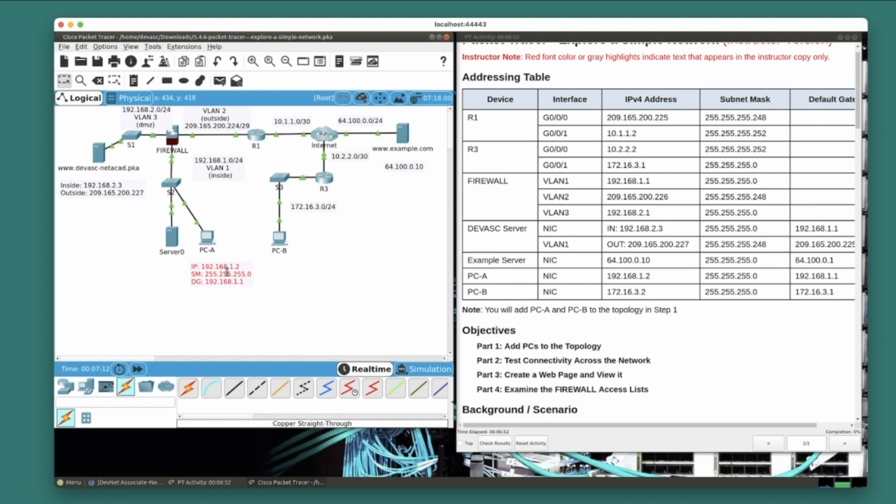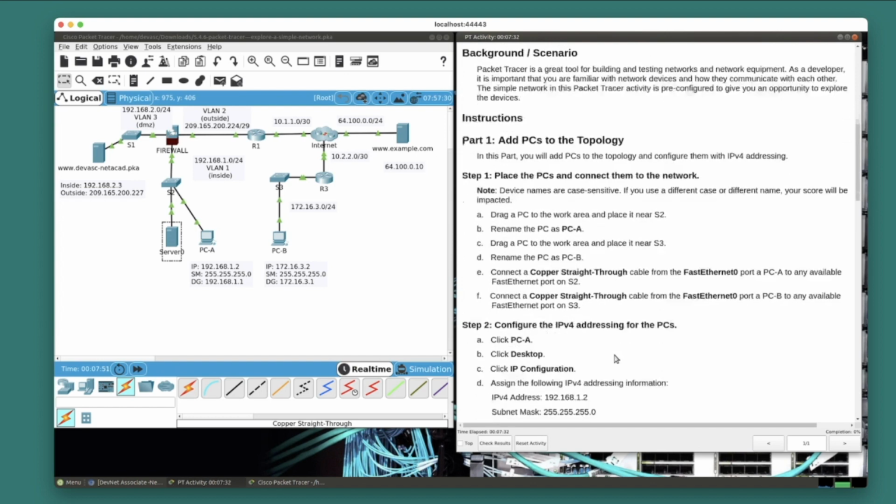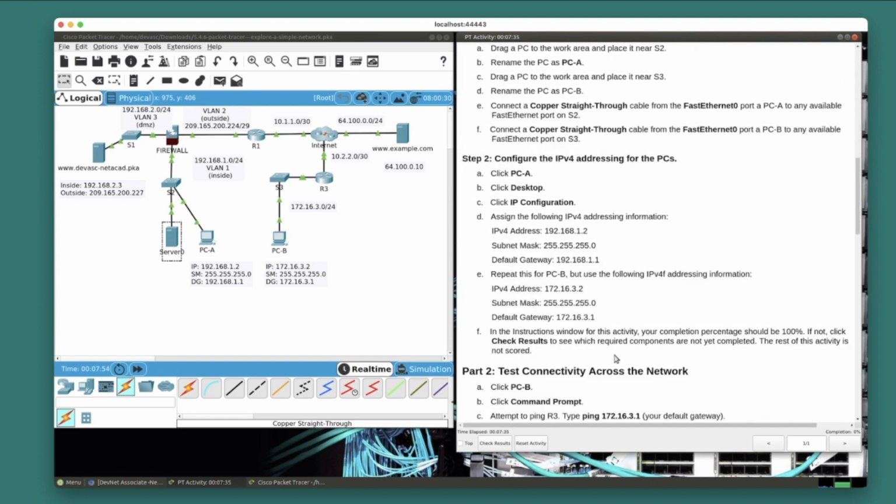PCB, how about we just copy and then we're going to paste over here. PCB, this is going to be 172.16.3.2, 24-bit mask here, and then change the default gateway here. 172.16.3.1. All right, cool. So how about we configure now